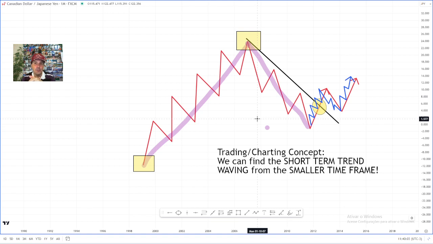For you to spot the end of retracement on the market wave, it's easy because the swings are bigger. On the short-term trend, on the 15-minute chart, 1 hour, 2 hour, 4 hour chart, it's a little bit more challenging, but you are going to spot it in the same way, with the concept that we can find the wave of the short-term trend on the smaller time frame. So what we are looking at right now is